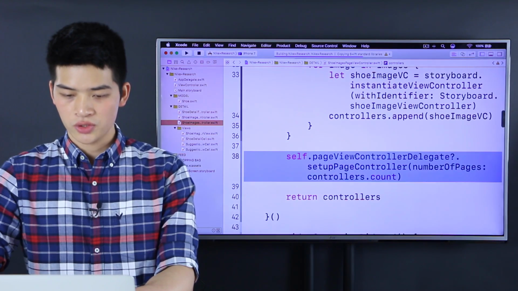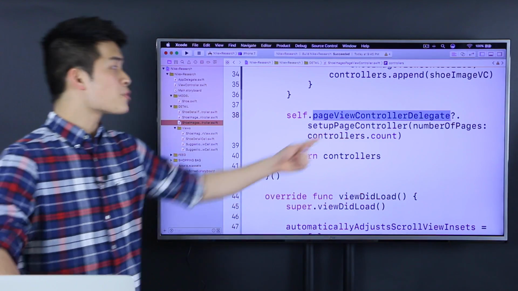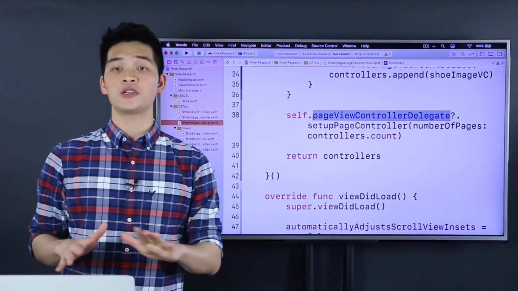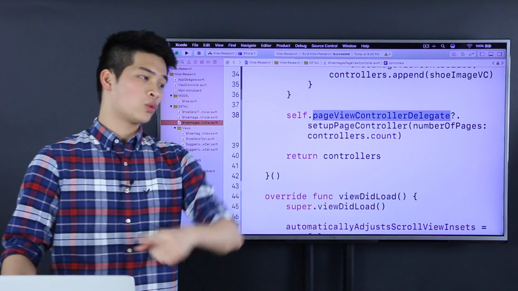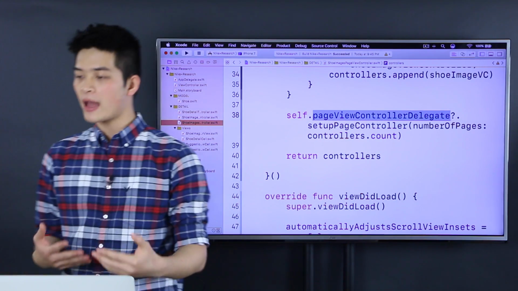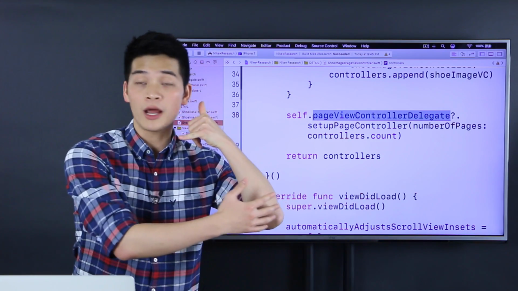Okay, so here we still do PageViewController dot set up PageViewController with the number of pages is controllers dot count. So we just set up how many pages this controller has, and we tell our delegate to do something. It's the same as if I am having a conversation on the phone with someone, right, and I want to